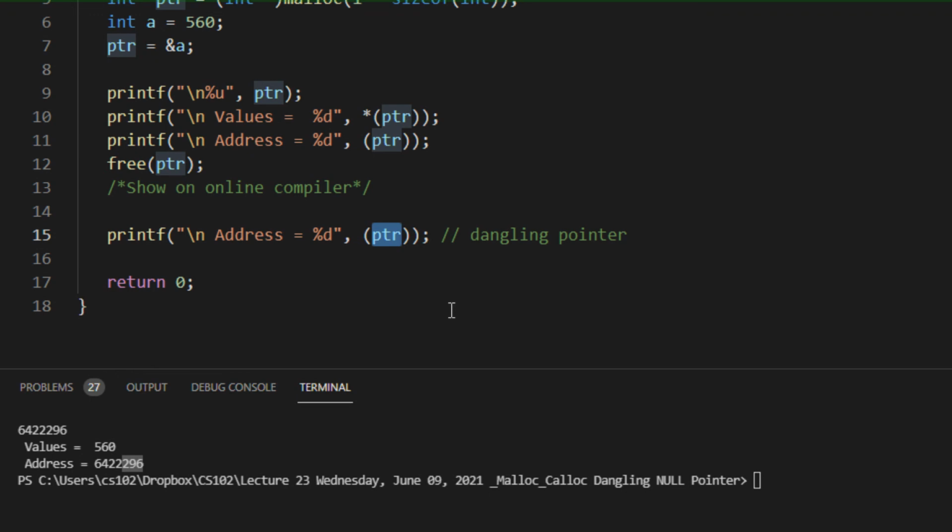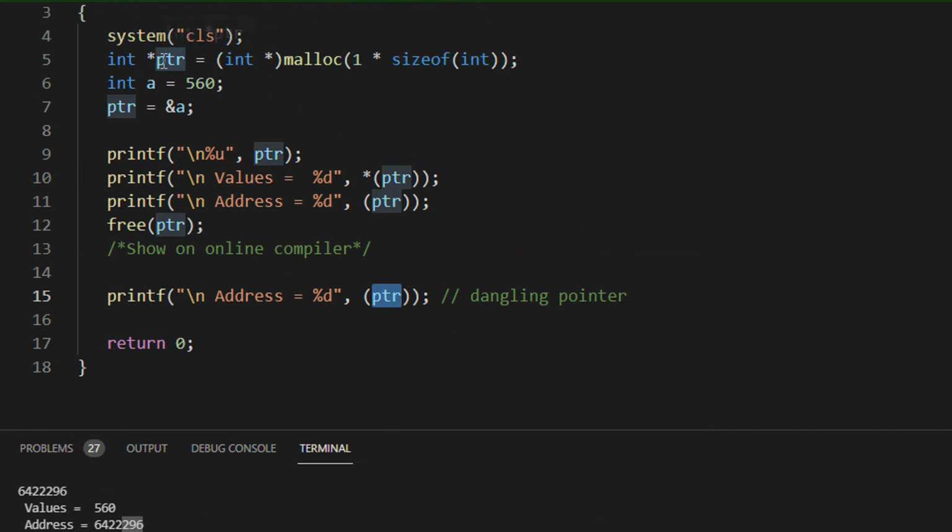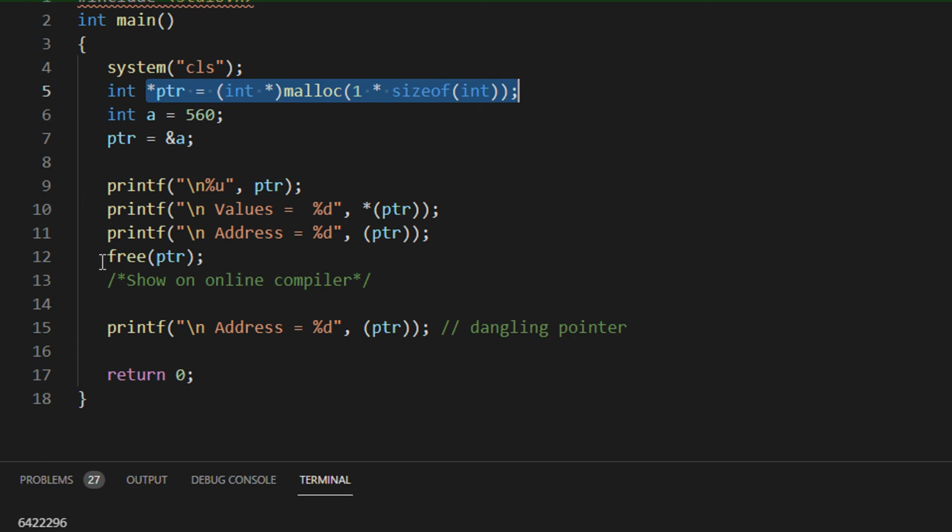So dangling pointer is a pointer which is not pointing to anything, right? So hence if you see the English term dangling also, dangling means to sway freely kind of thing, right? So you can see this particular PTR, it was assigned a memory location and then it was freed at this particular location. Since the pointer is freed, now basically this pointer becomes kind of an invalid pointer.